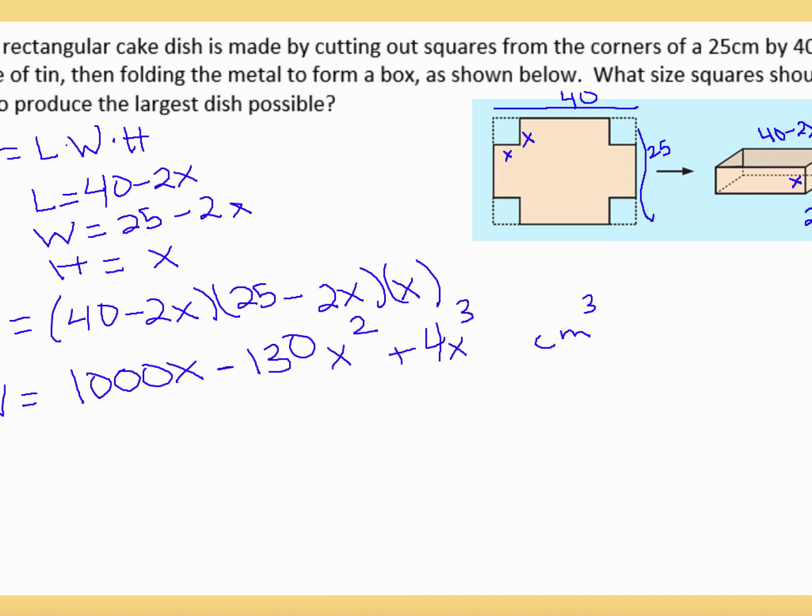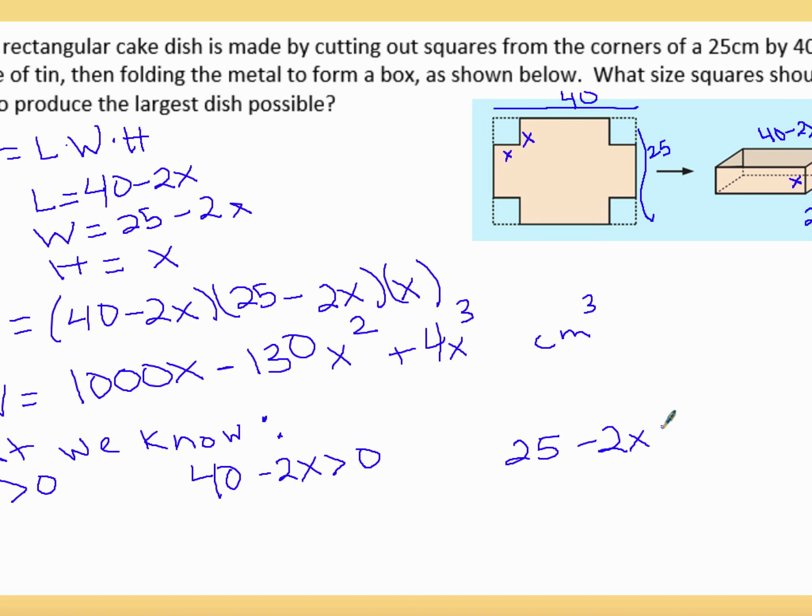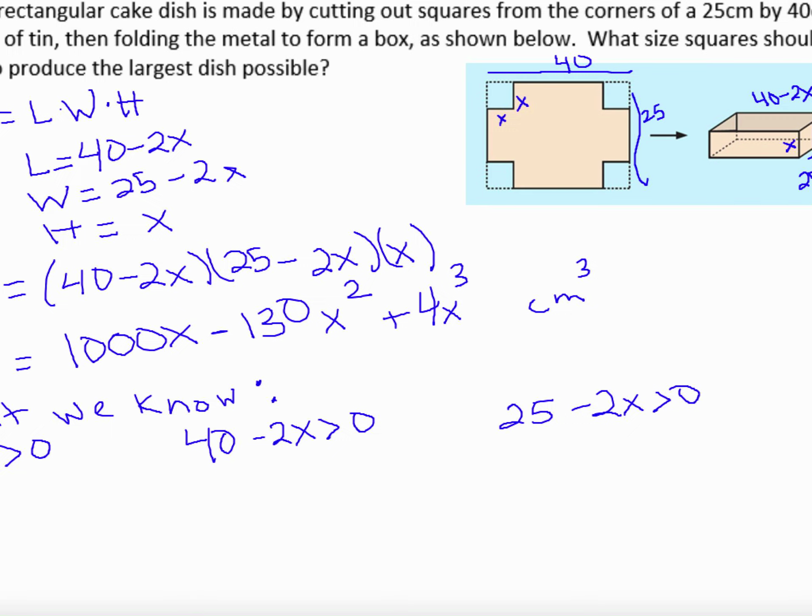So here's what we know. We know that x has to be greater than 0. Obviously, if we're cutting something out, it's going to have to at least be something. We also know that 40 minus 2x has to be greater than 0 because this whole length should be positive. Similarly, 25 minus 2x has to be greater than 0. And if I solve these little mini equations, or inequalities I should say,